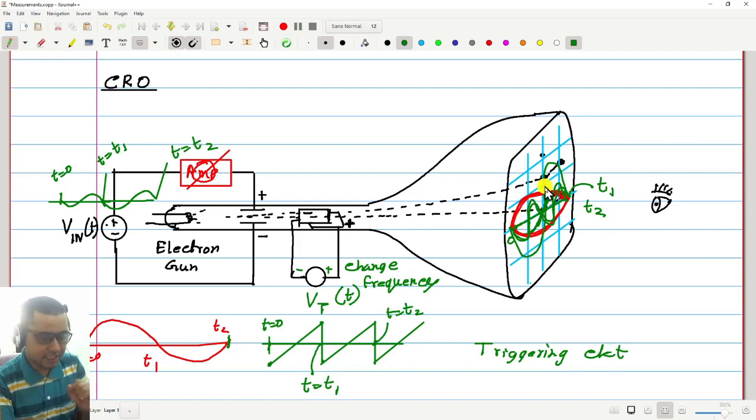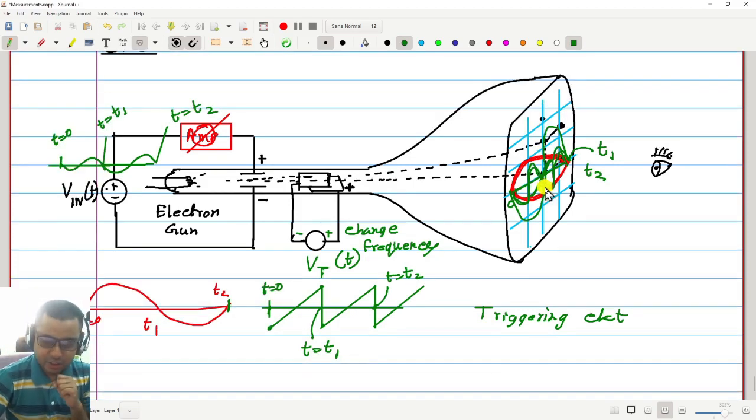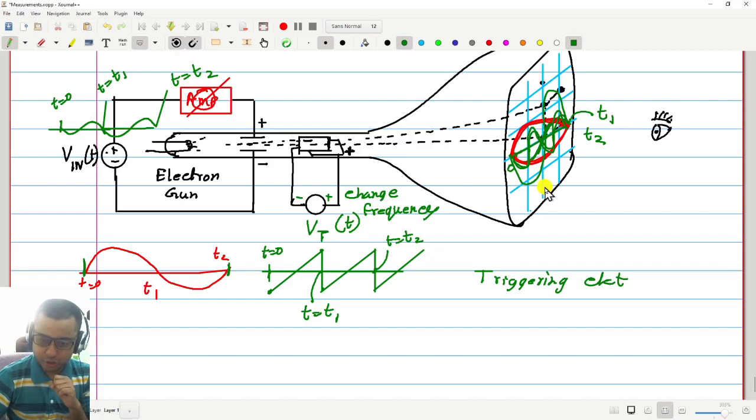So those adjustments are possible, or actually they are in an oscilloscope. Now I cannot go into the triggering circuit or those details. Firstly, I don't remember. Secondly, for that you need the background in electronic measurements, which you will study next week onwards. So that is the basics of the oscilloscope.